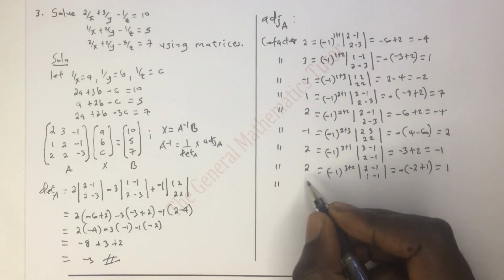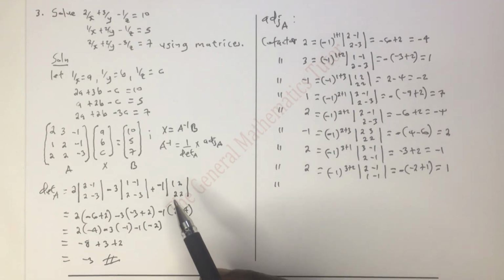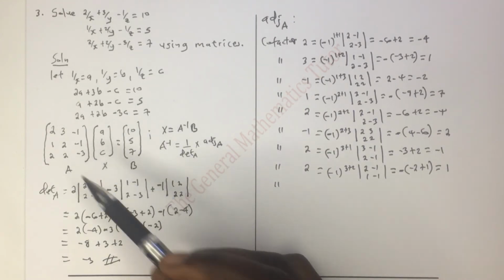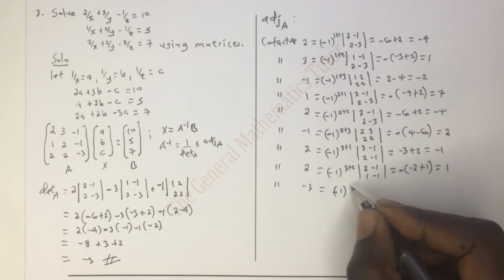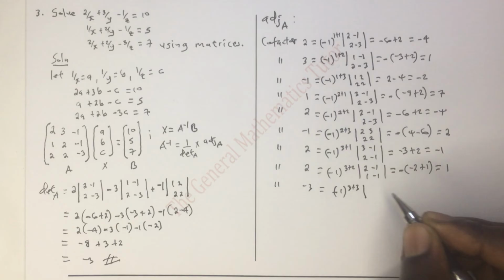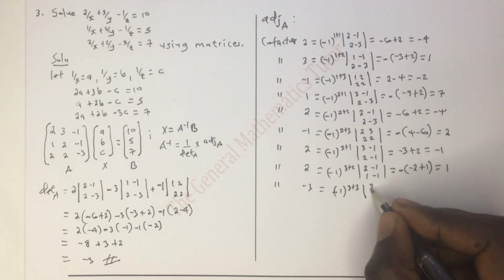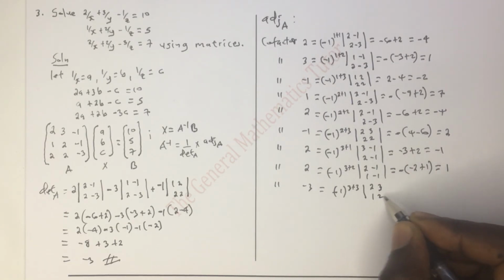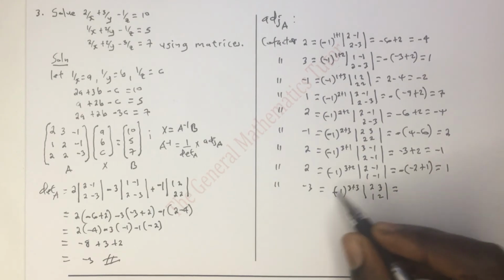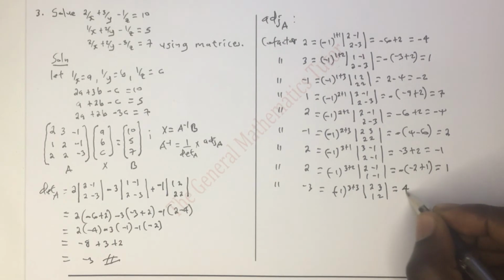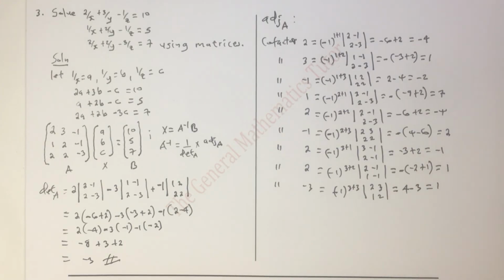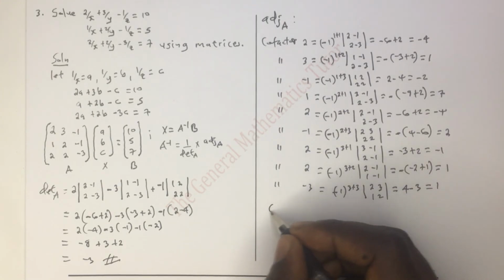And finally we have the cofactor of negative 3. So negative 3 is in row 3, column 3, and the small matrix that is left is 2, 3, 1, 2. So this is even, that will be positive. So we have 2 times 2, which is 4, minus 3, which is just 1. So the cofactor